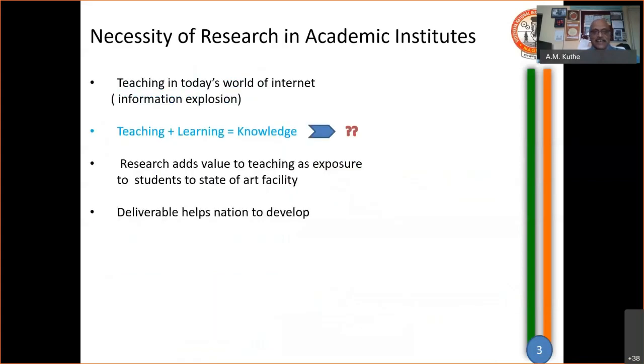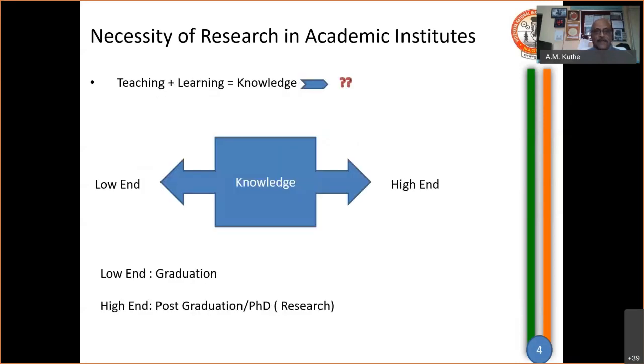Let me show you this interesting point here. Once you involve teaching and learning, maybe that leads to knowledge. Then knowledge leads to what? This is more important. What exactly we are looking at is the knowledge. So here it will be of more interest to show another interesting slide, wherein you'll find that the knowledge